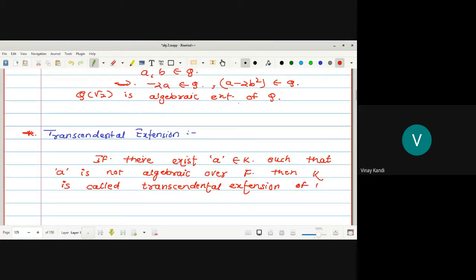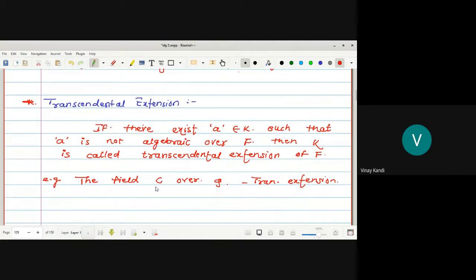Okay. For example, the field C over Q is what? Transcendental extension. Why? Because there exists some element belonging to C which is not algebraic over Q. Which element? Take a is equal to pi, or take a is equal to e. All these are complex numbers. Okay, real तर आहे पण complex ही आहेत ते. Because real number is a subset of complex number, but which is not algebraic over Q. Okay, similarly,